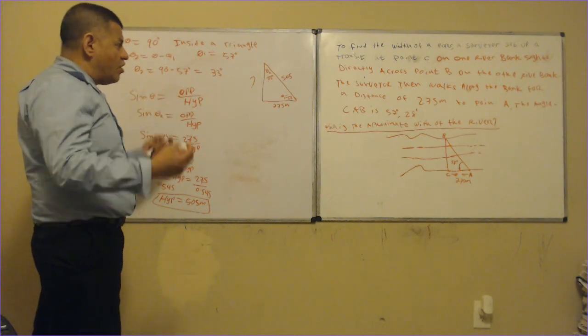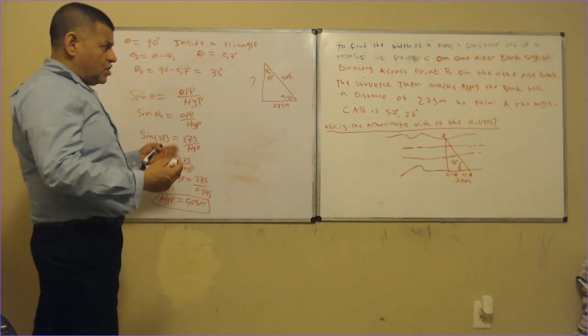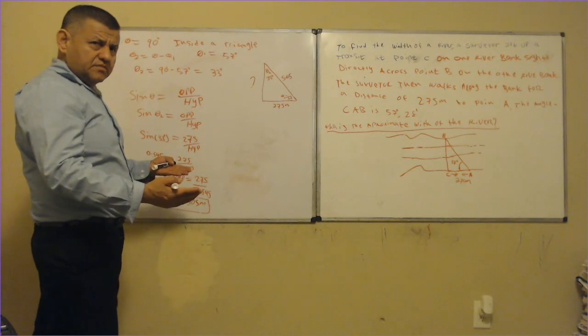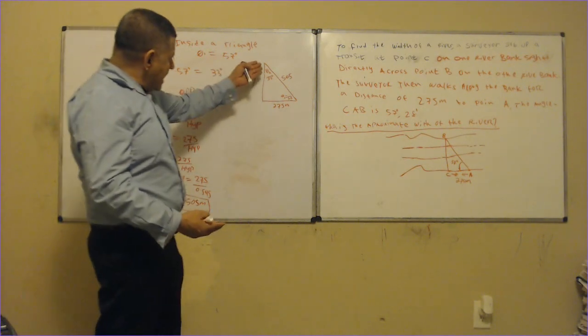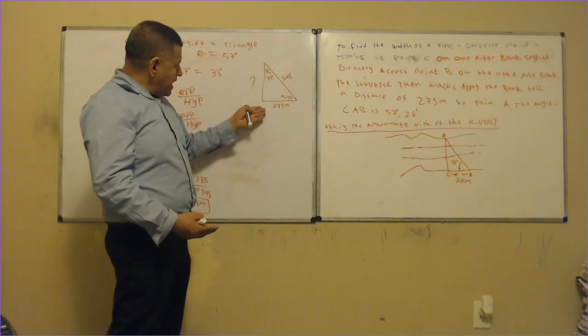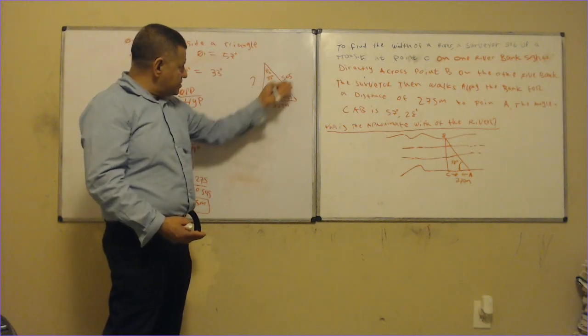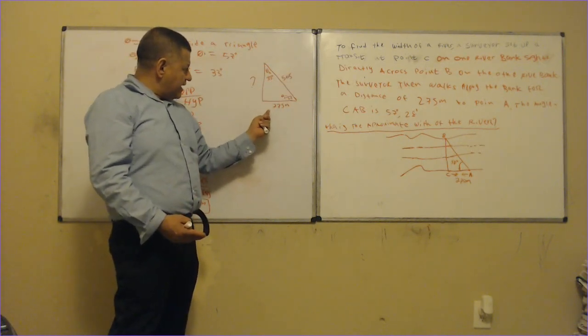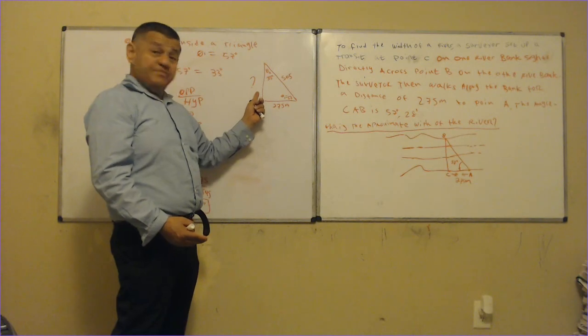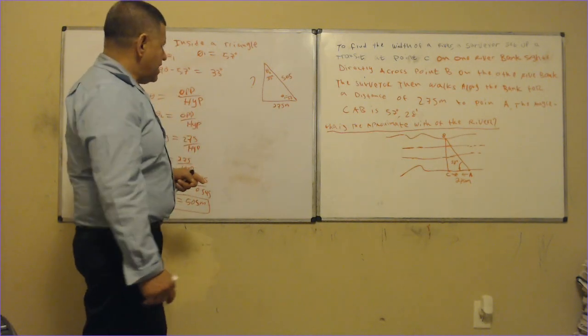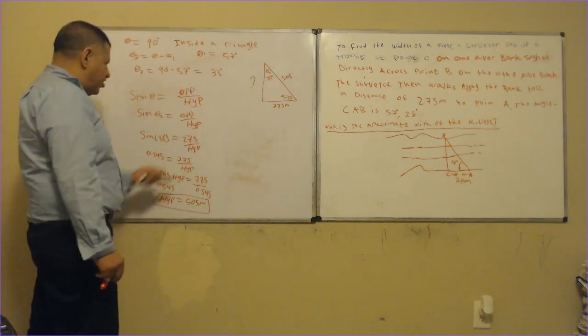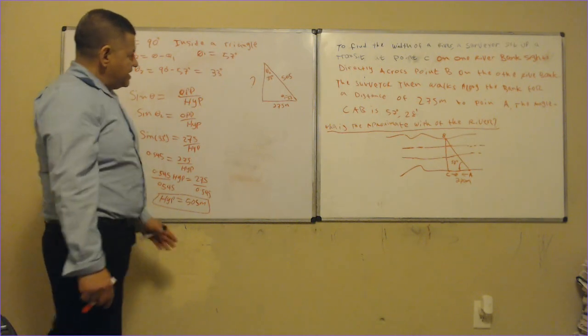But why should I complicate myself going through the process? I have sides. Okay, I got one, two, we're missing the three. And instead of going with the trig functions,